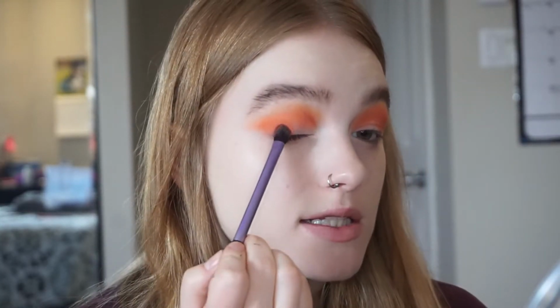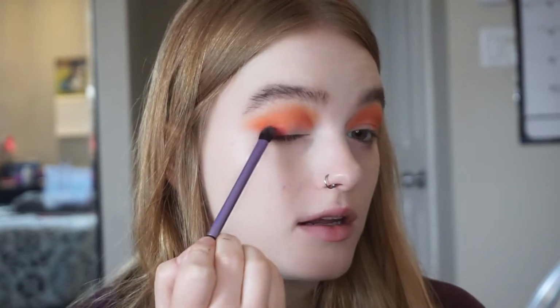And then I'm going to use the shade Heartthrob to deepen things up a bit if I can. This is just like a burgundy matte shade. And I'm just going to put that in my crease and outer corner again. Hopefully this will deepen things up. If not, I might have to go in